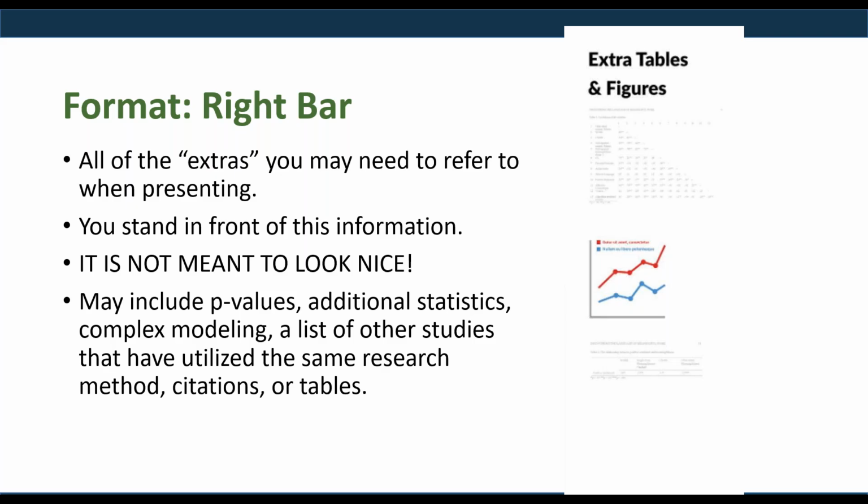The right-hand bar. Now this is hard for those of us who are a type A personality, but the right-hand bar has a couple of different names, but essentially what it is is your extras. This is where, if you can imagine yourself standing at a poster presentation, you would stand in front of this section of your poster. Nobody sees that section if you're standing in front of it anyway. So the idea is that what you throw into this right-hand bar is everything else. Any p-value, any table, any small font, any literature you want to make sure you cite.